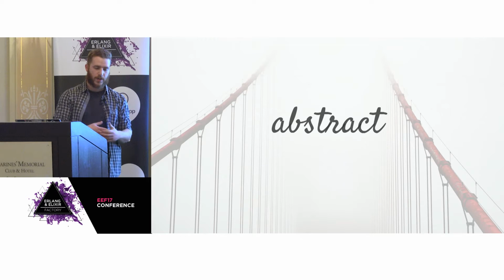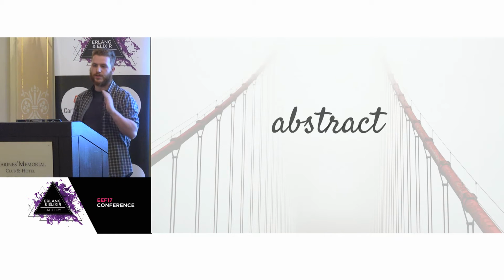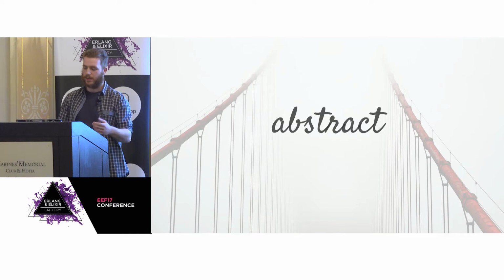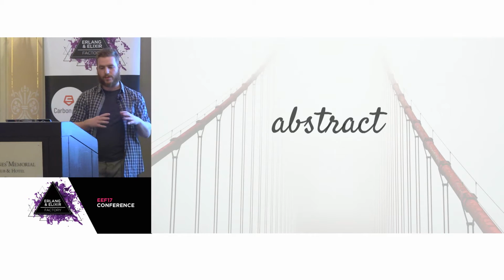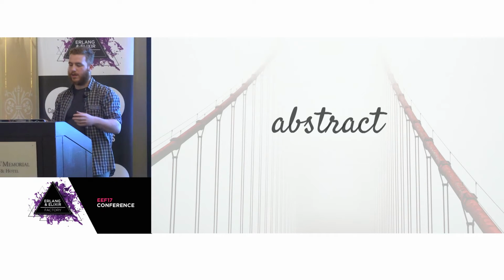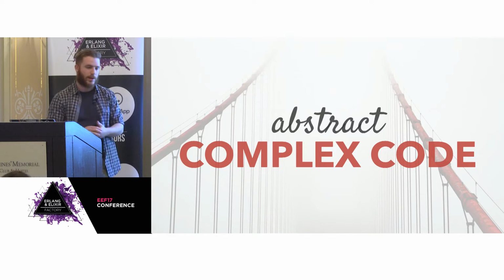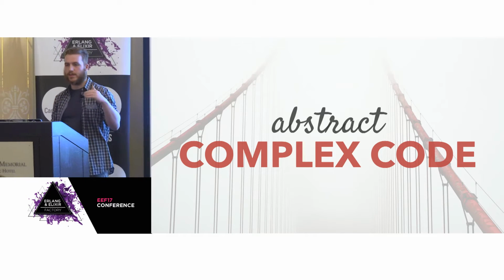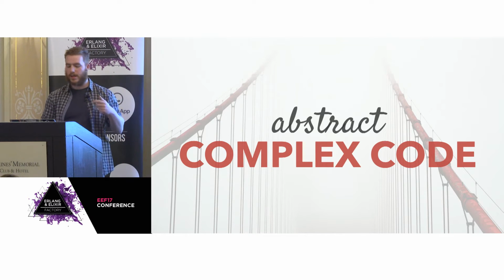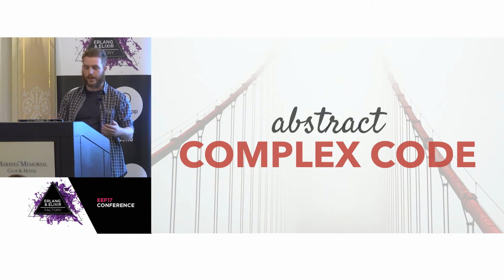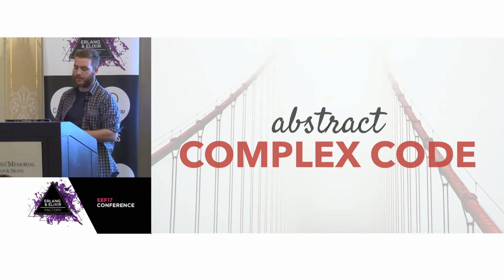So we write libraries when we want to abstract stuff that is general enough to be reused in multiple things, but doesn't really fit in the programming language or ecosystem where the library lives, basically. And from my experience, I think we mainly abstract two things. The first one is we abstract complex code, right? So we abstract code that is easy to get wrong, that is full of corner cases, that is not application specific. So just complex code that we don't want to write over and over again, and we don't want to get right over and over again.